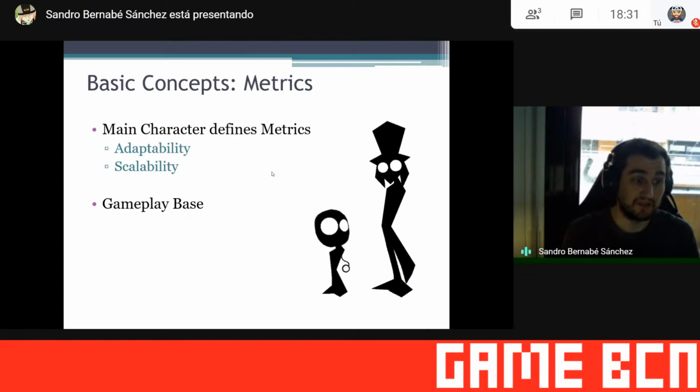And also it makes it very scalable. Why? Because you can add new characters that have metrics relative to the main character, and everything will still be working. So you guys don't need to worry about